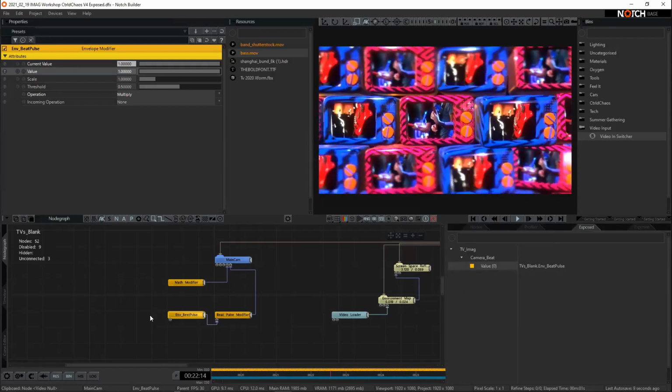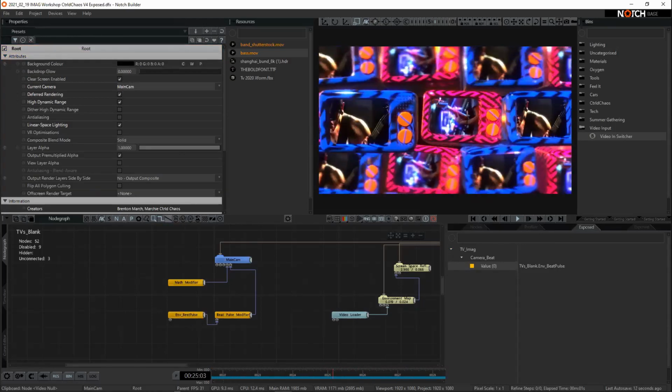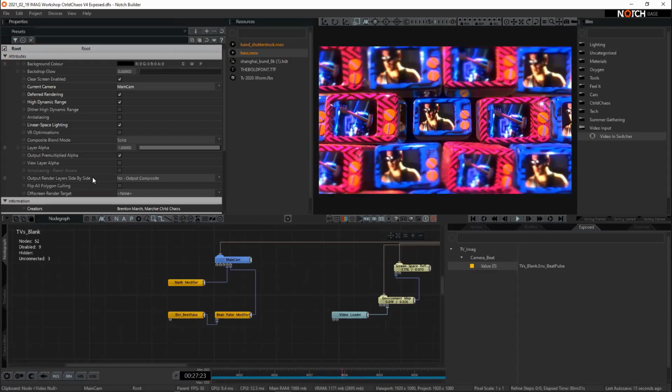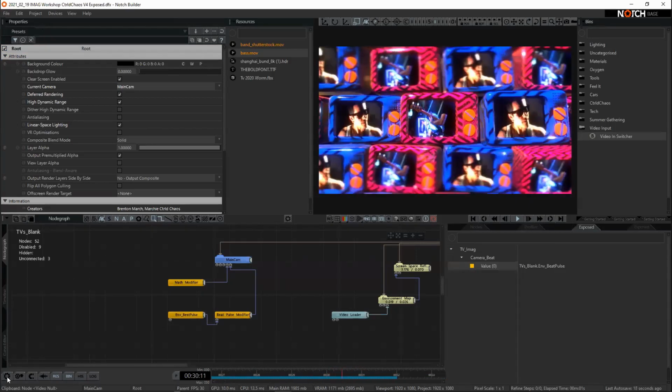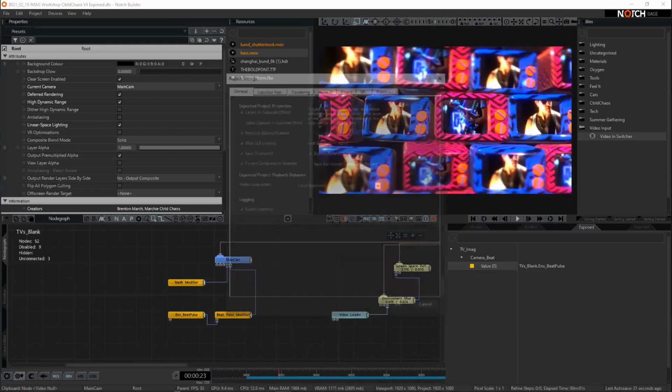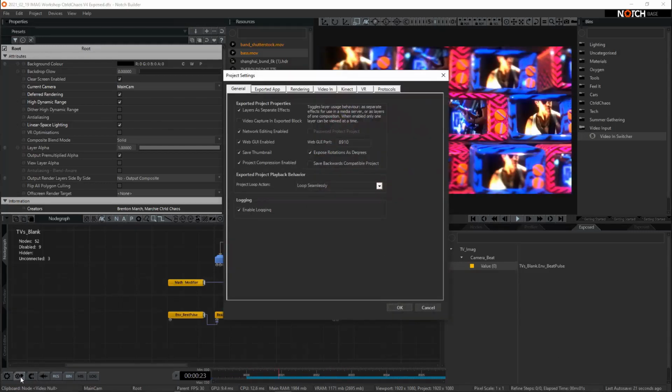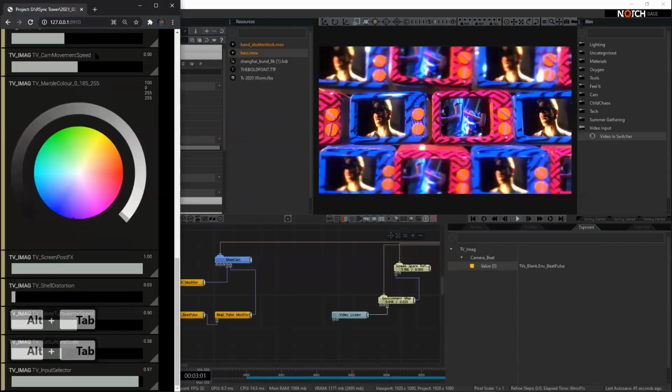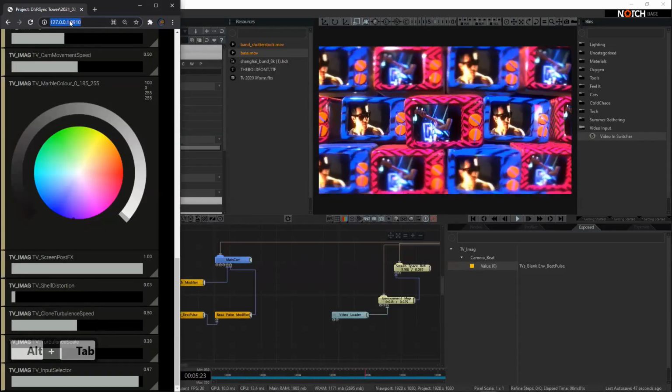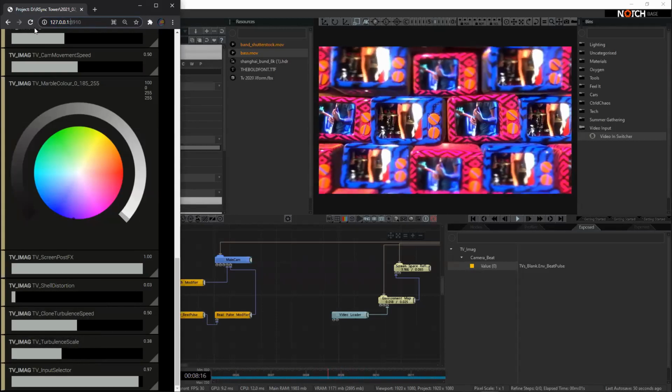Cool. Now, how do we access that? Again, before we were talking about that web GUI. The way we set that up is by coming into our project settings, I believe. Yep, project settings, so the cog with a smaller cog next to it. And if this is not enabled for you, there is a checkbox next to web GUI enabled. Click that. And now we are going to be opening up this port on our computer. By default, it is 8910. And if we bring in, we basically can dial into this computer and for that port, bring this up. So if I refresh here,